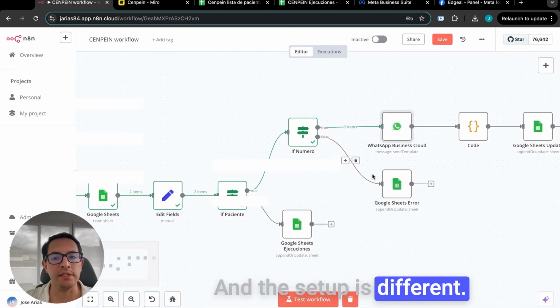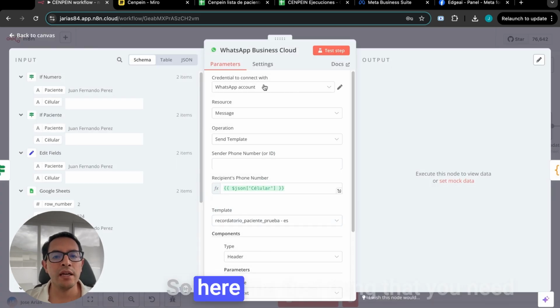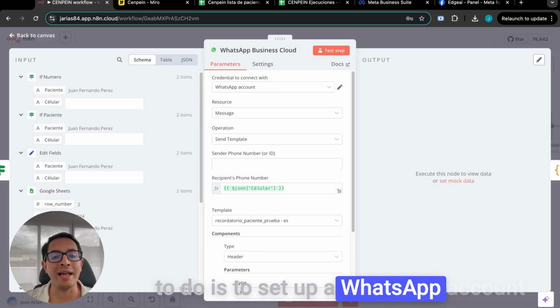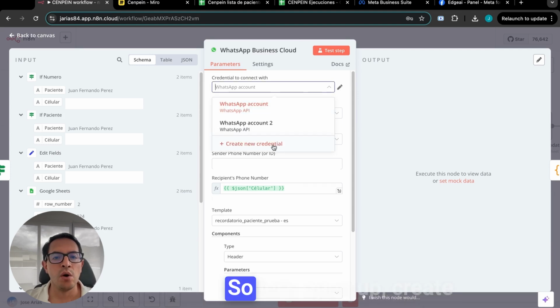And the setup is different. The one that I'm going to show you today is the node. So here, the first thing that you need to do is to set up a WhatsApp account and to link your WhatsApp account. So let's open up